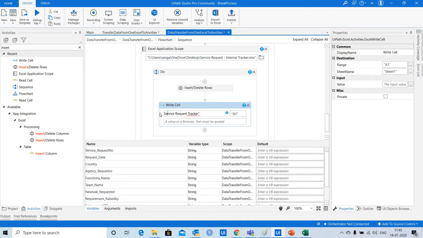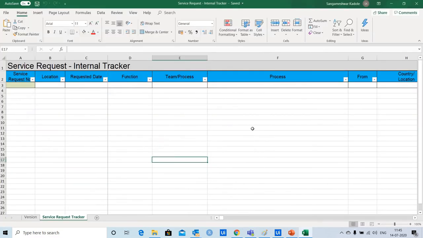In this sheet I need to specify the particular cell where I want to write the data captured from the previous file.